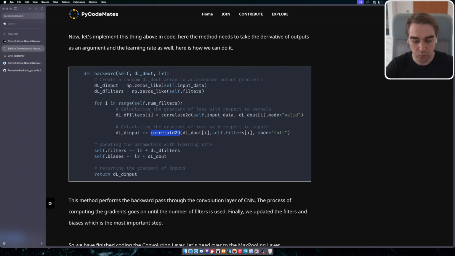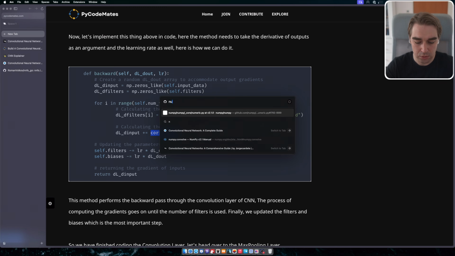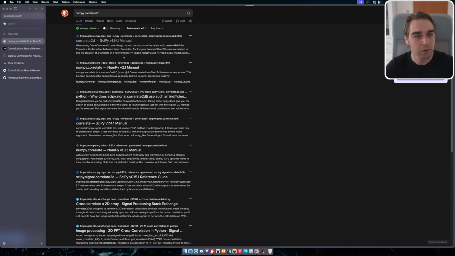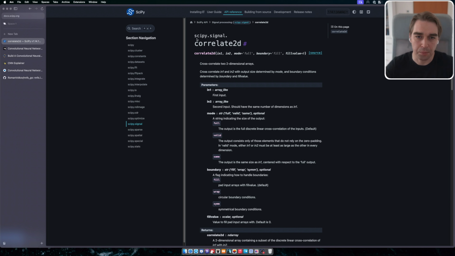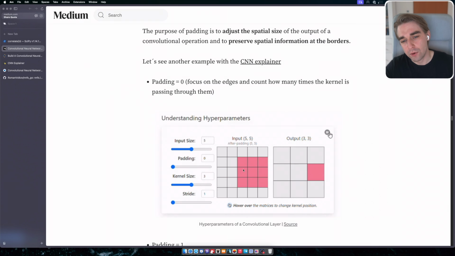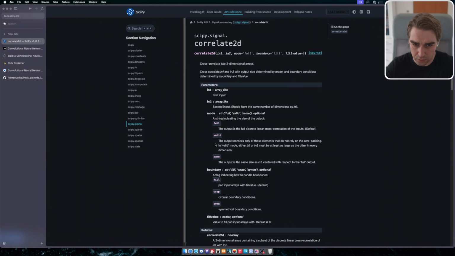And if we search for this one, I'm not sure if I have the NumPy documents. No, I don't. Okay, it's not NumPy, it's SciPy. So this is the cross-correlate. It's actually not a convolution, it's a cross-correlation operation, and the convolution is another form of the cross-correlation. So we're going to build the correlate2d operation at first, because for the forward pass we need valid, and valid is this one